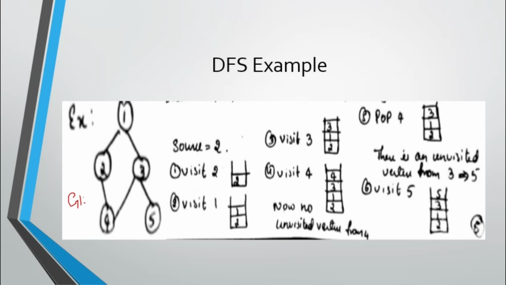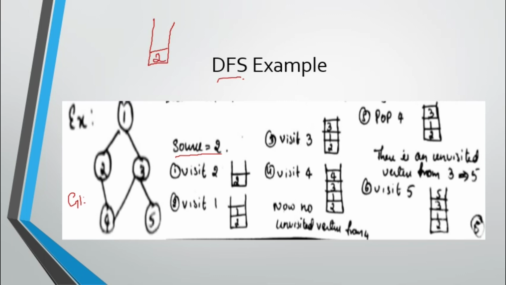According to the rule, first we need to have the source vertex. We can start from any source vertex. Here the source vertex they have given us is 2. That means we need to start our depth first search from the source vertex 2. Before that, let us understand the stack. What is the principle of a stack? In a stack we have only one end and we can push and pop elements at only that one end. Push means put the element into the stack, pop means remove the element from the stack. As per that, first we put the source vertex itself into the stack.